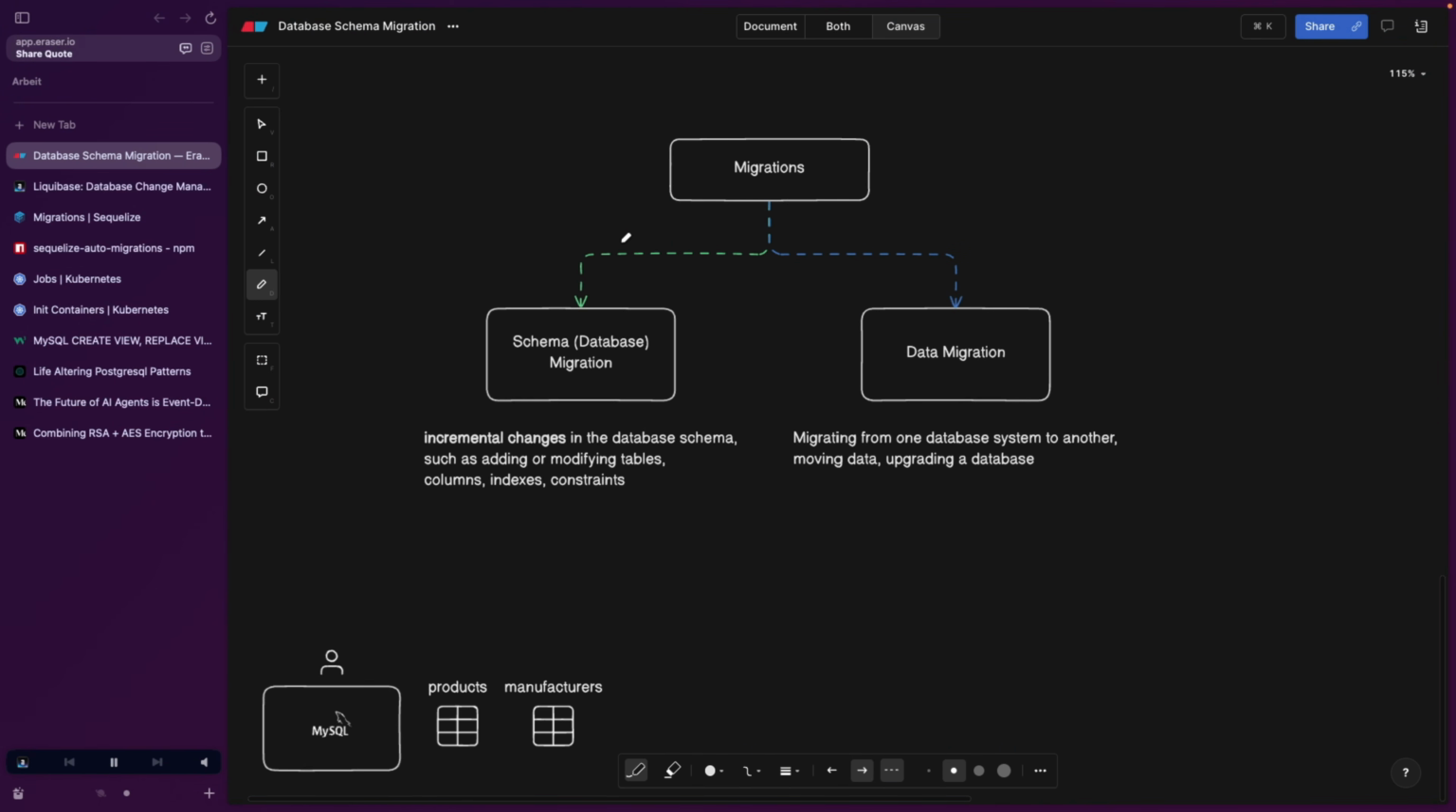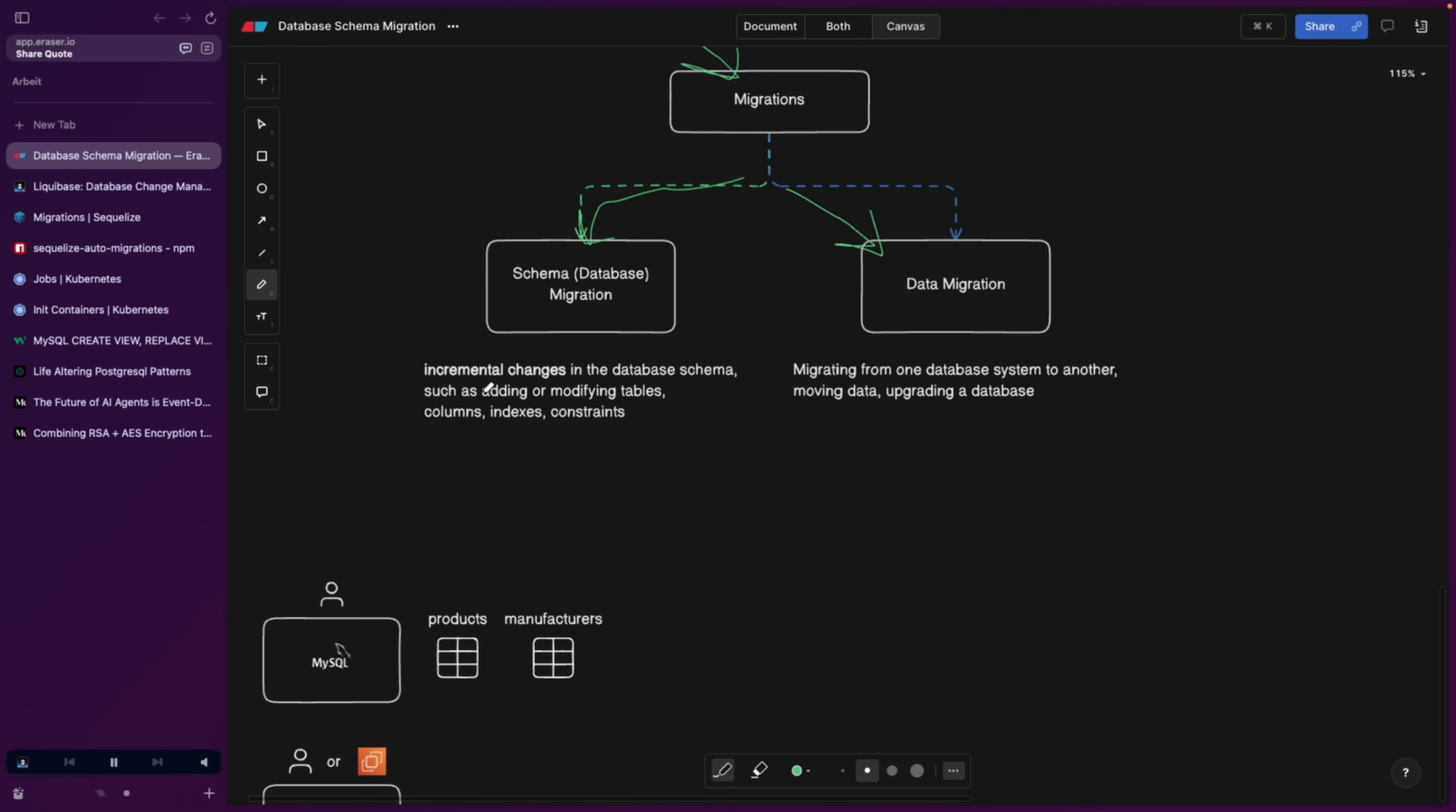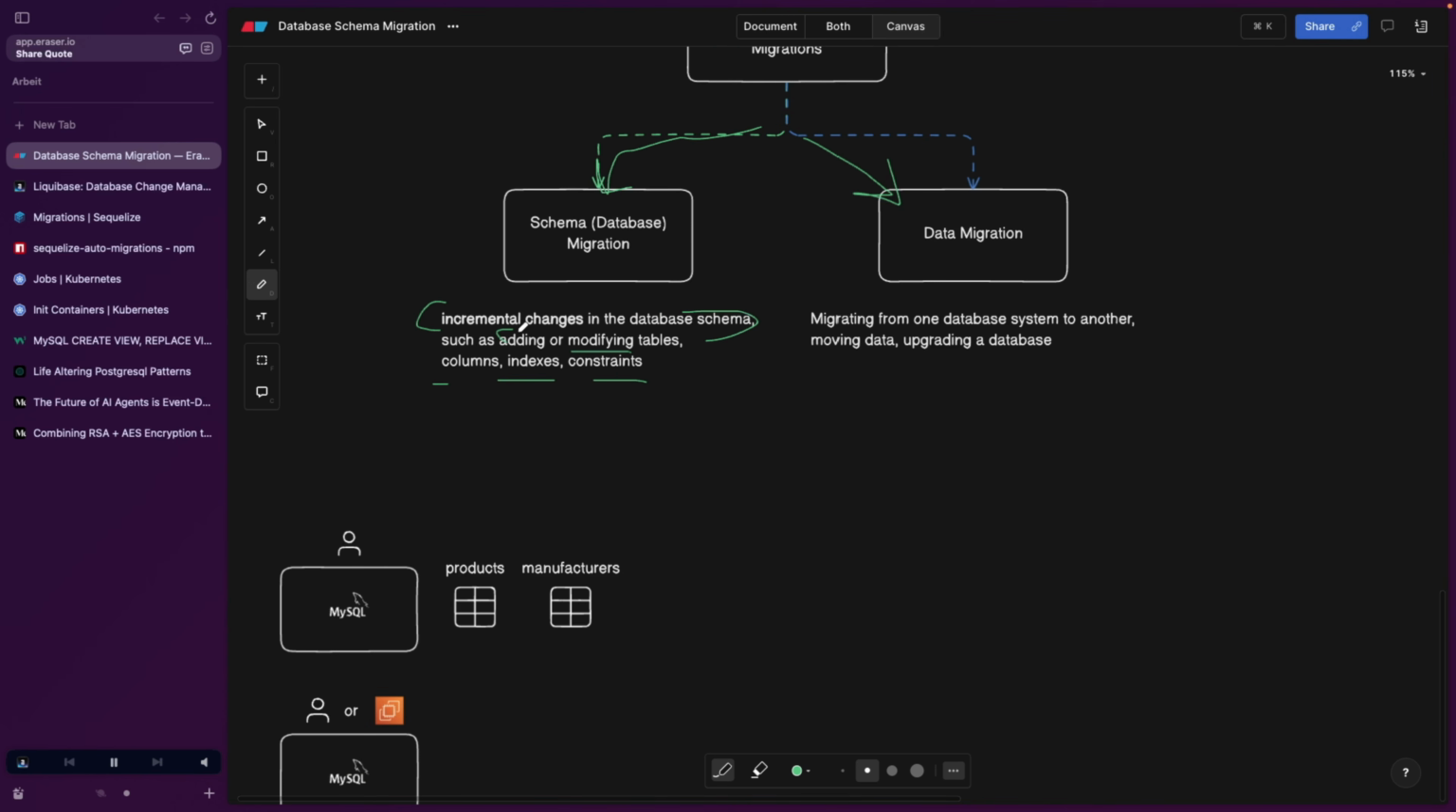So what do we mean by a migration when we say the word migration within the scope of databases? Okay, we usually mean two things. We either mean a schema migration, aka an actual database migration, or we mean a data migration. So let's take a look. A schema migration is an incremental change within the database schema, such as adding, modifying tables, column indexes, or constraints. Okay, literally this is making changes to your schema or database schema, like literally adding a table or modifying the